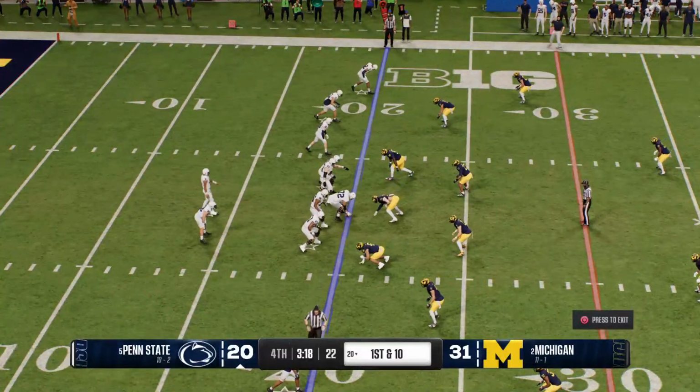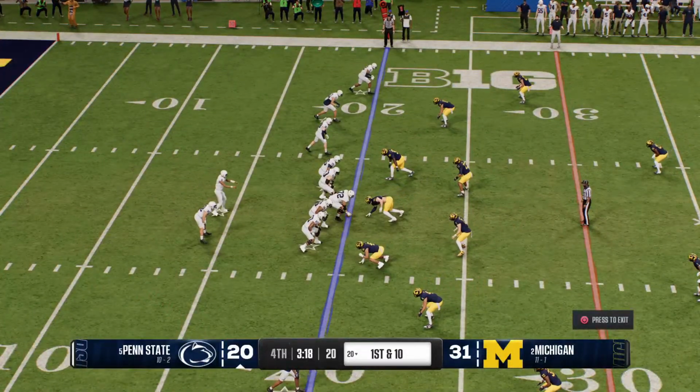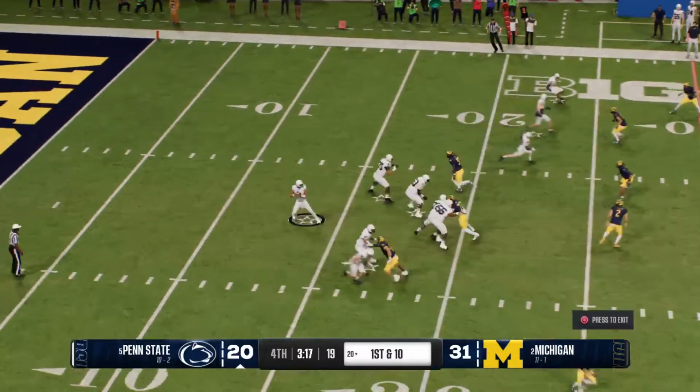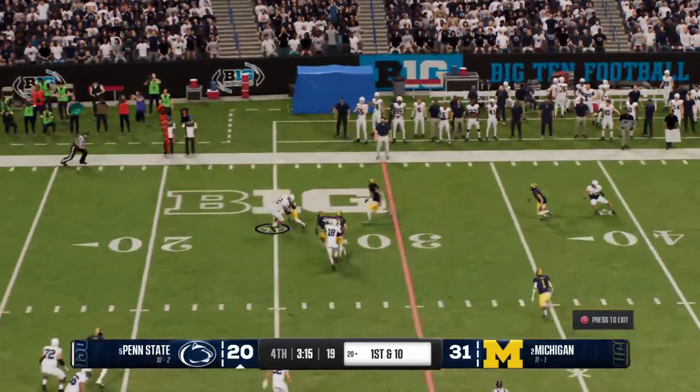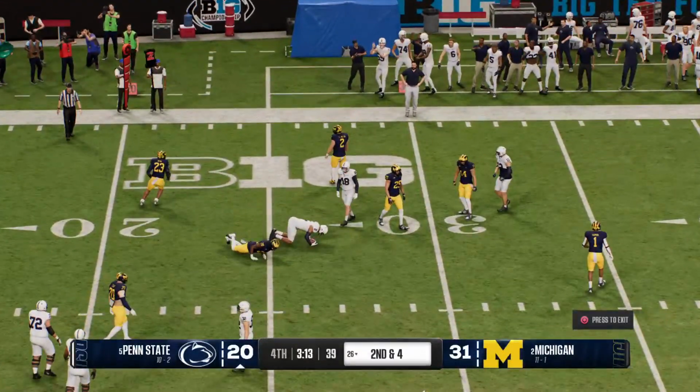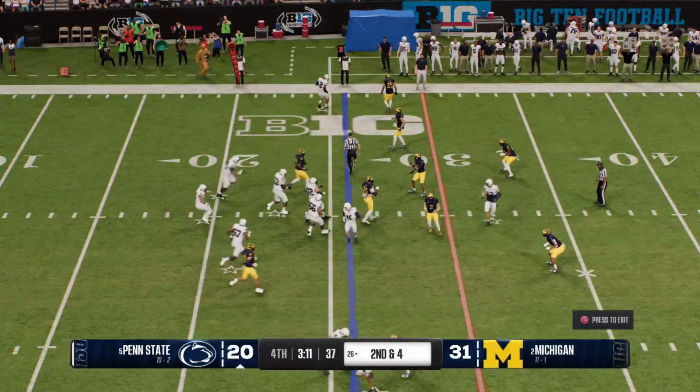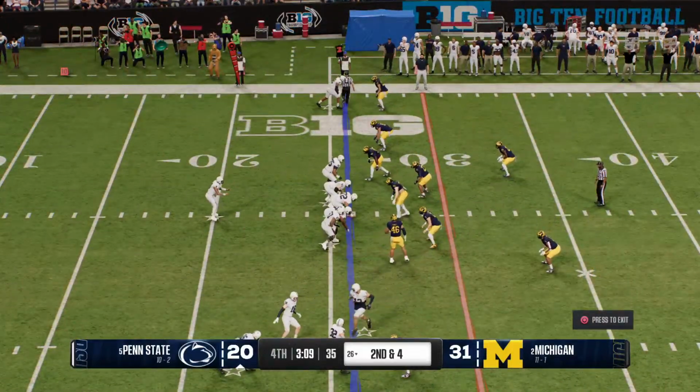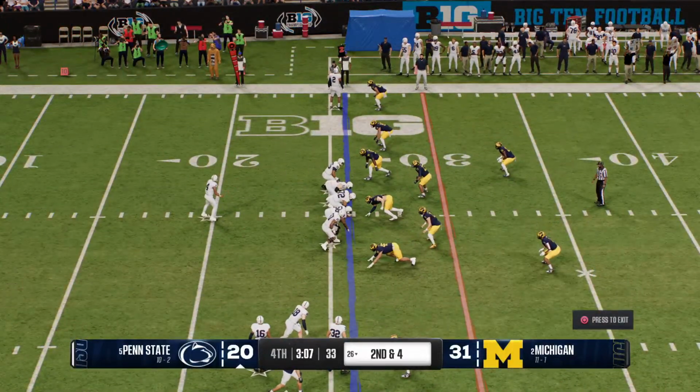And the Nittany Lions offense retakes the field. This is not the time to settle for field goals. They've got to find the end zone here. Receiver looks it in. It's complete. They bring him down after a short gain there. And the Nittany Lions come up to the line to crank the tempo up here.